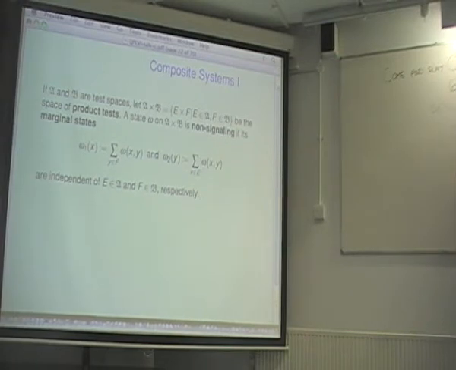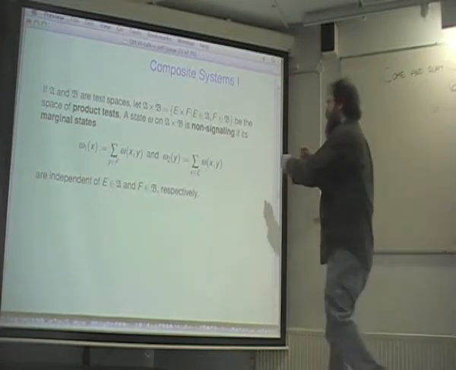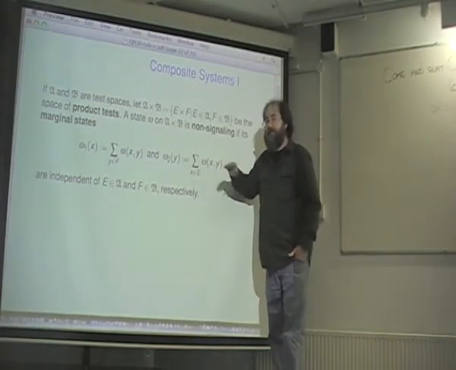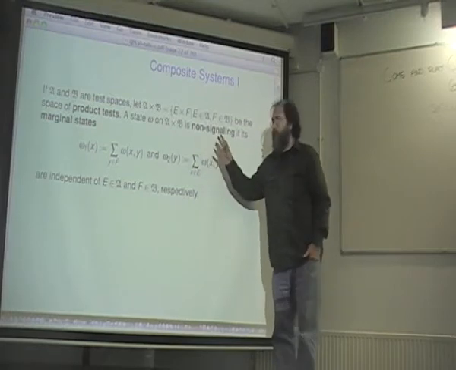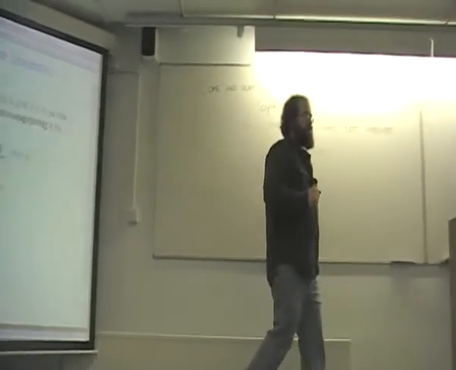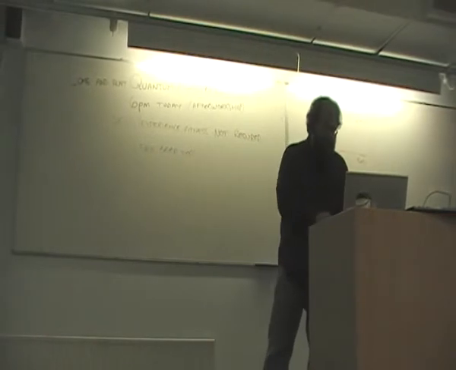So that Bob can't send information to Alice by means of the choice of which measurement he's making. And of course I want it to work on the other side too. Okay? So non-signaling states are those whose marginals are independent of the test made on the other side.